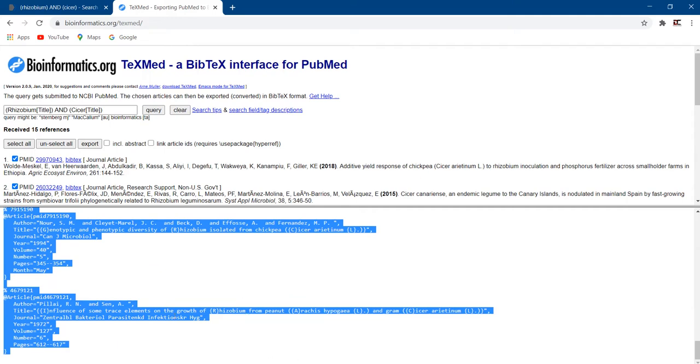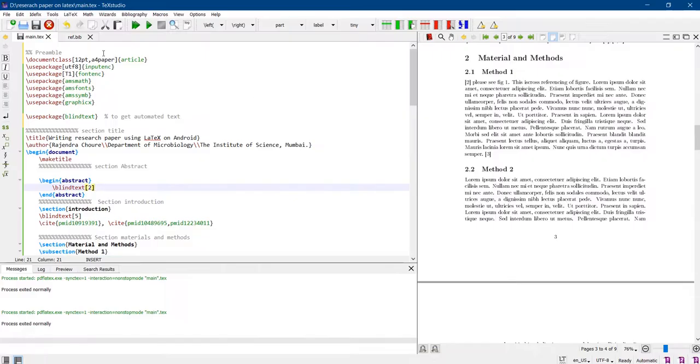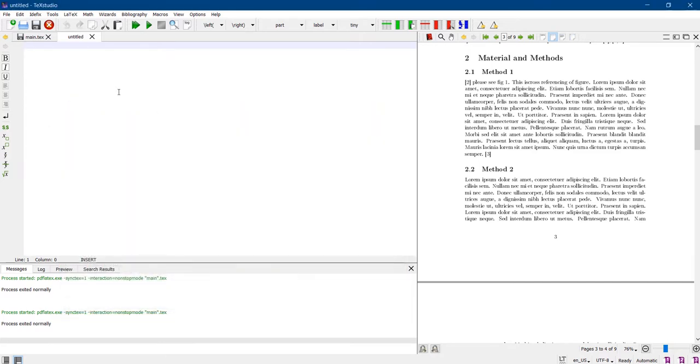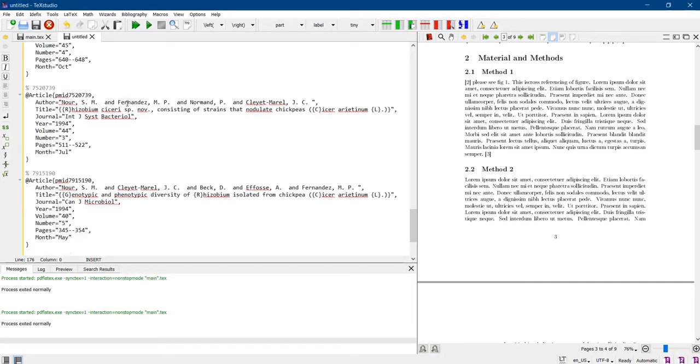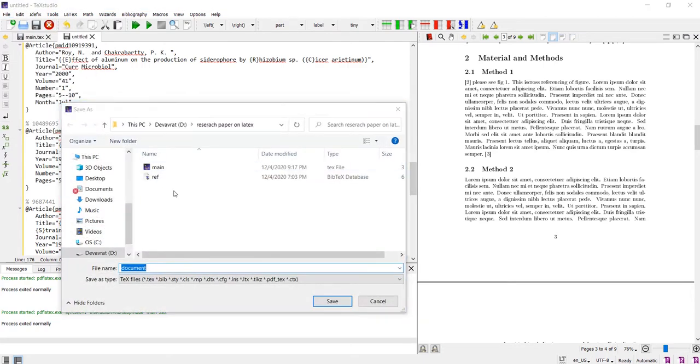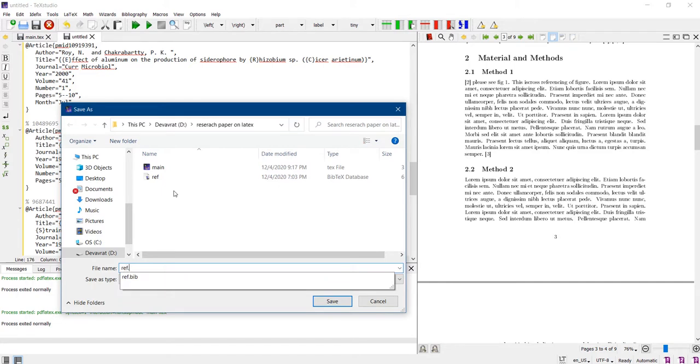I will not go into detail. I will go to this one and I will get a new file, and in that new file I will paste all the bib entries, and will save that file as ref.bib.